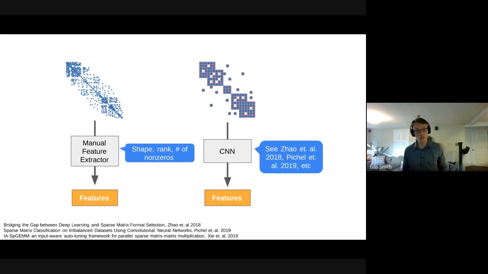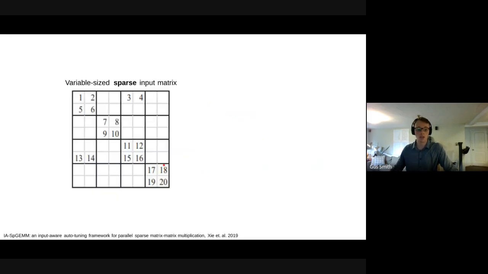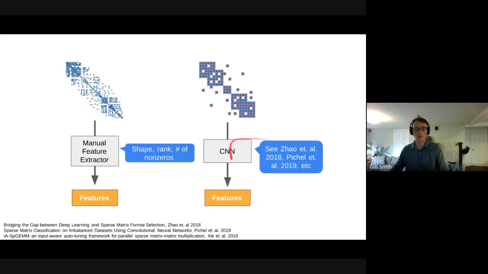We would like to use a CNN to generate features, but we're not doing a classification problem. We're going to use those CNN-generated features in a regression problem to predict the runtime of the kernel given that sparse tensor input. It's interesting to see that this method has been used before in classification problems, but ours is a regression problem. So let's take a look at how this second method works.